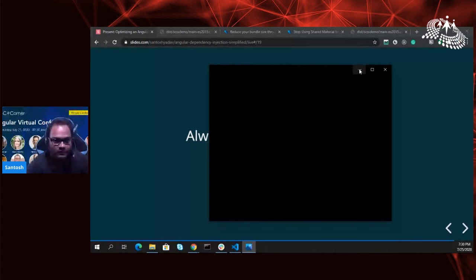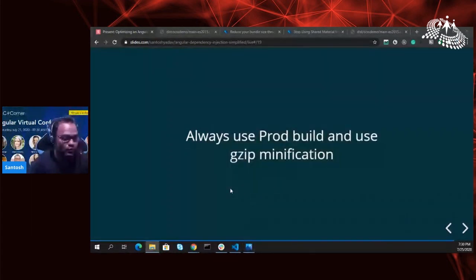It is taking a lot of time to load that particular image. Okay, just to give you an idea, you have seen my application size, right? It's around 6.48 MB. But am I serving 6.48 MB to the user? Of course, I'm not. We are using a server where gzip minification is enabled, and the final bundle size which we are serving is 648 KB. So remember, 6.48 MB is the entire application size, and the one which we are serving is less than 900 KB, 800 KB. That's what we are serving to the user using gzip minification.